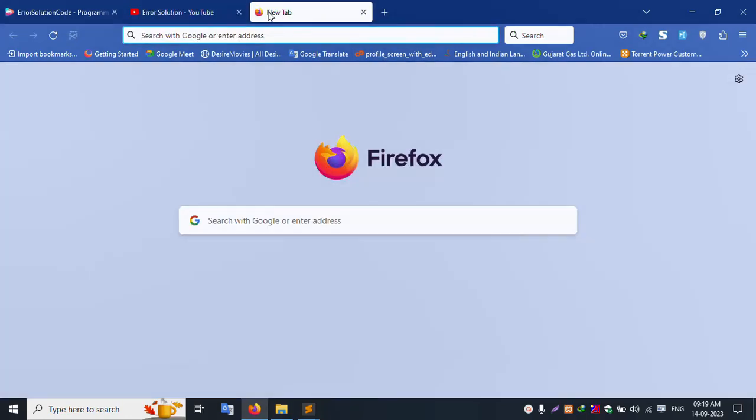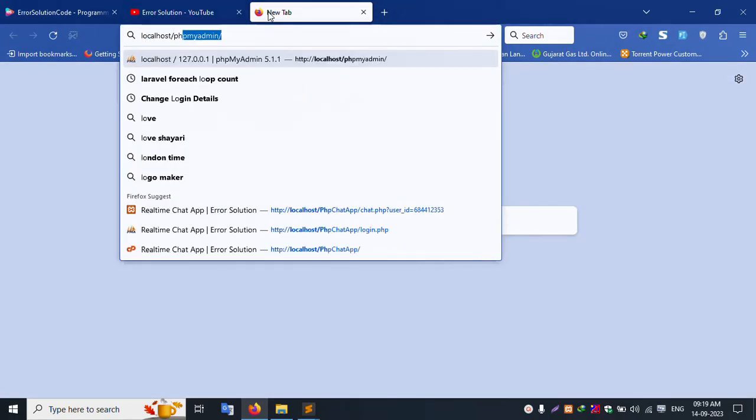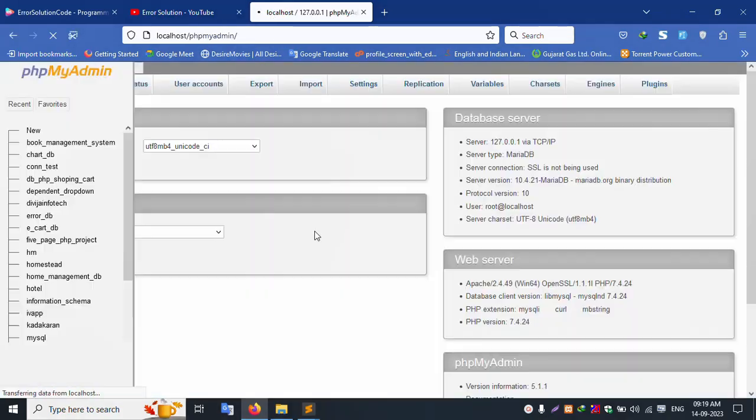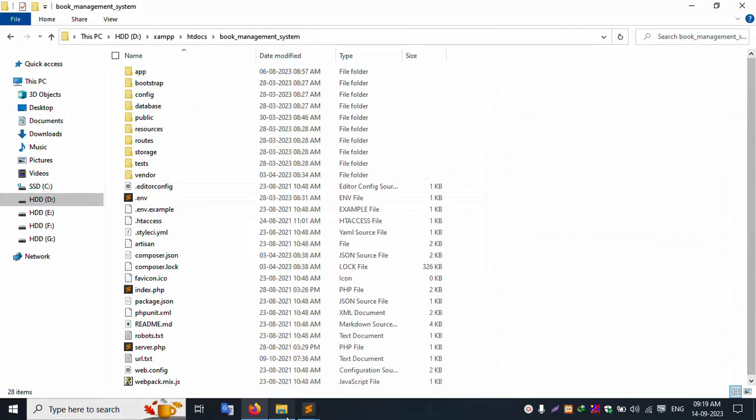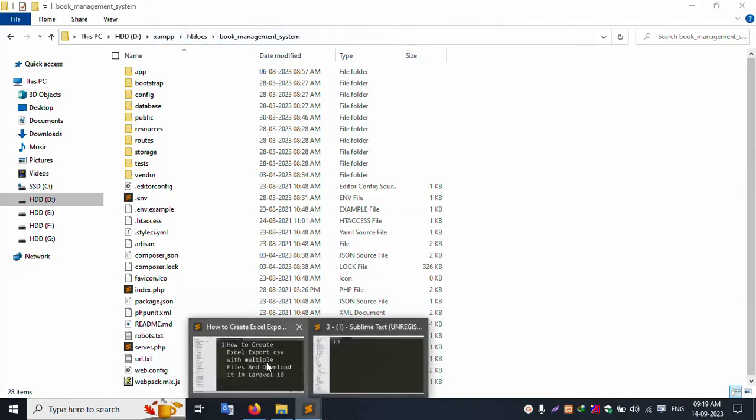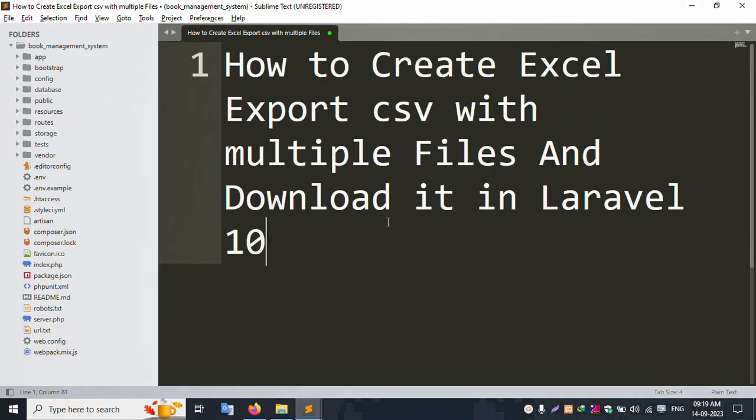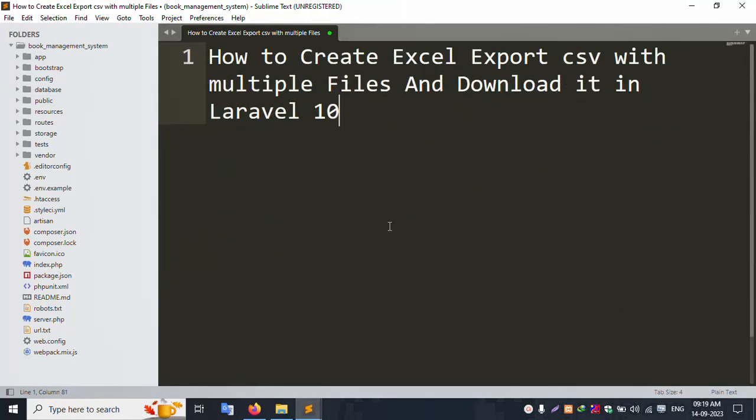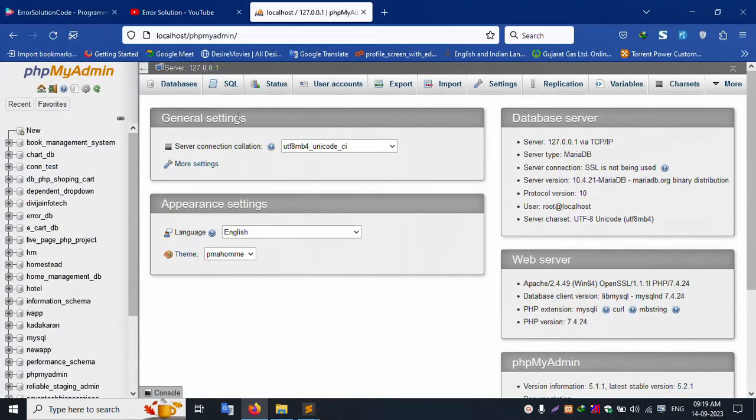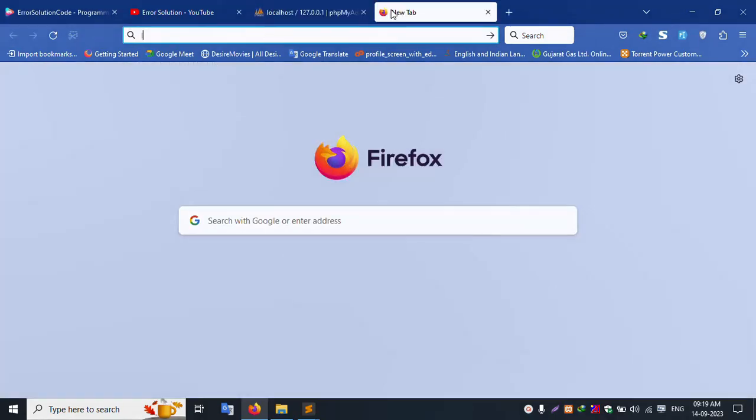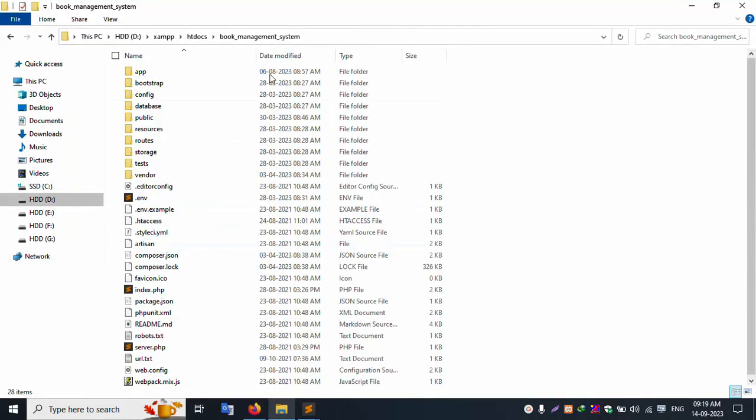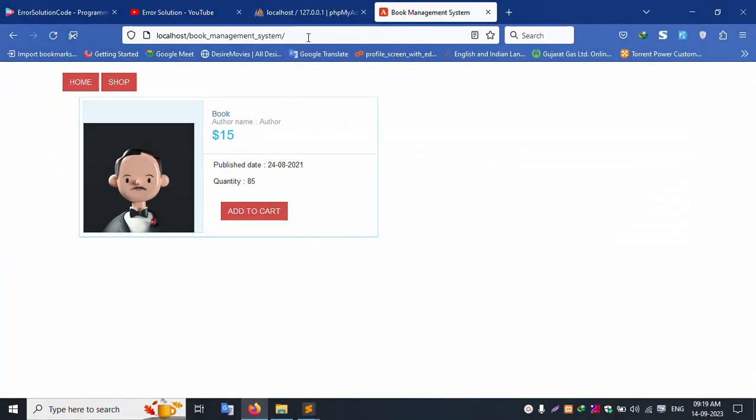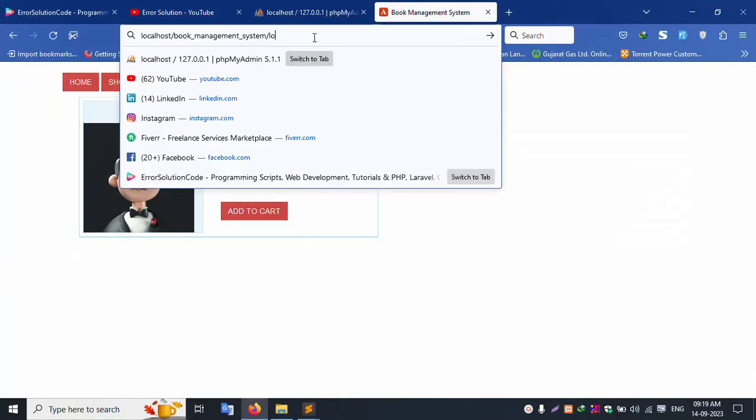Let's first of all open localhost phpMyAdmin. This is my gem server, inside the htdocs folder, inside this book management system. Sublime Text editor is already open. Run localhost, book management system. This project name is book management system and the route login